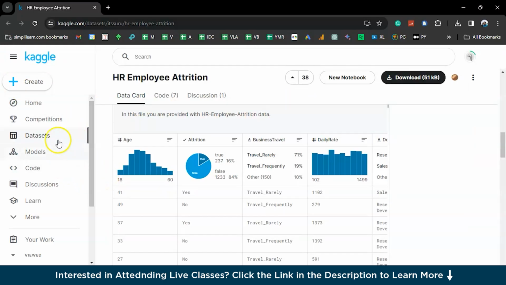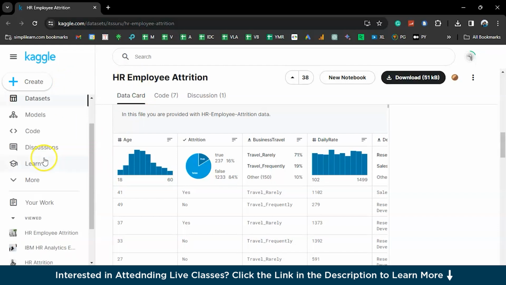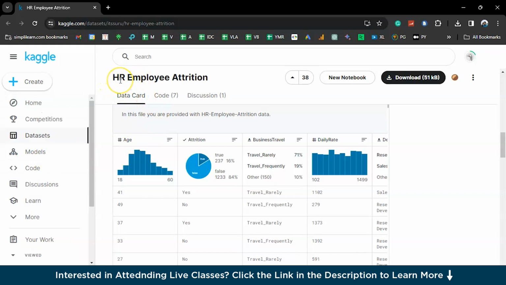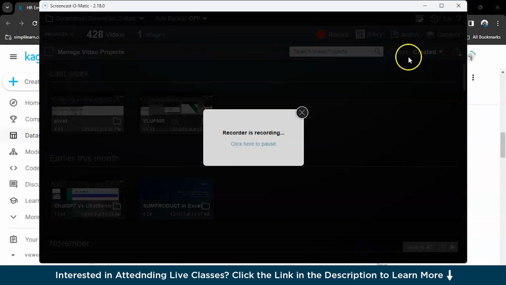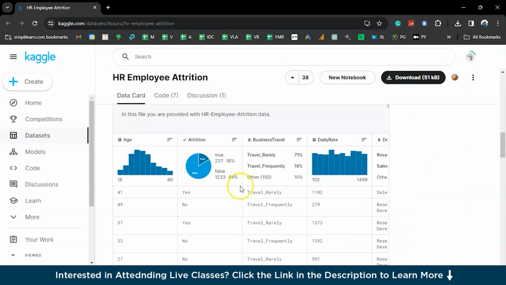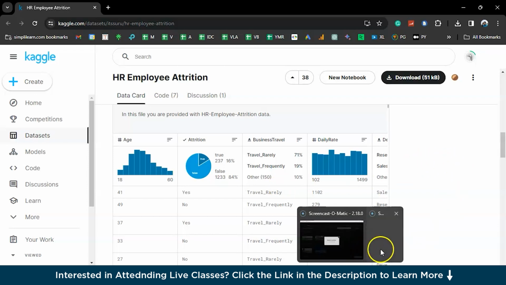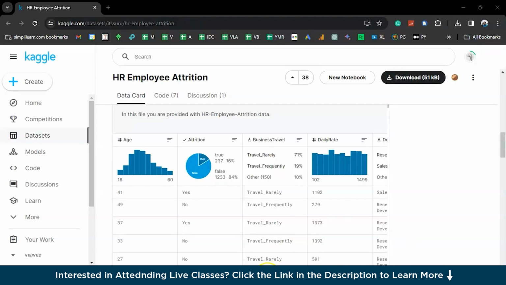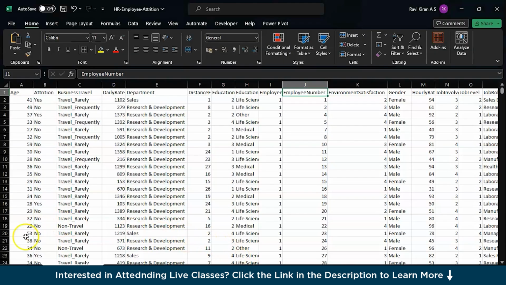So we have opened up the popular website for all the datasets. Out of those datasets, I found this particular employee attrition dataset to be a little interesting. So you can create a Kaggle account and then download this particular data. I have already downloaded this particular data and we can directly get started by understanding what exactly this